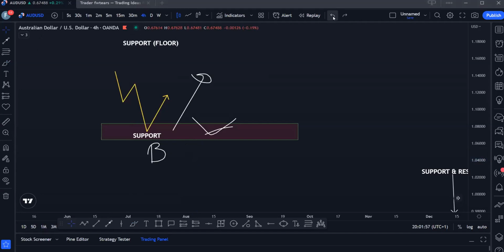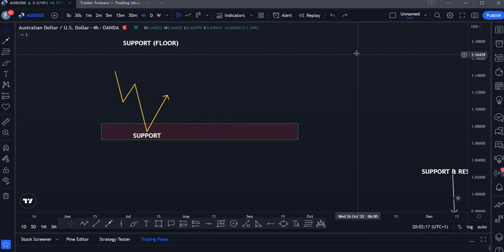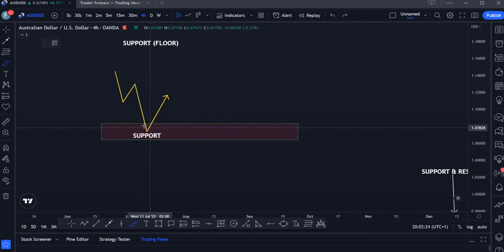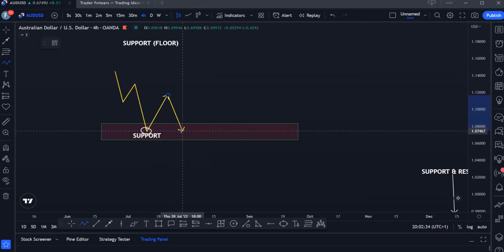Now, you want to be buying at support, and you also want to validate if you should buy at a support. How do you validate a support? The easiest way to validate a support is to look for 2 touches of that support. So this is 1 touch of the support. 2 touches is waiting for price to come back into that support. If price comes back into that support and you see another reaction in that support,